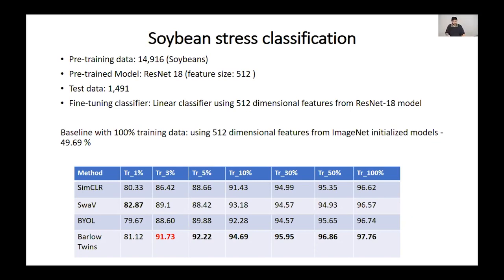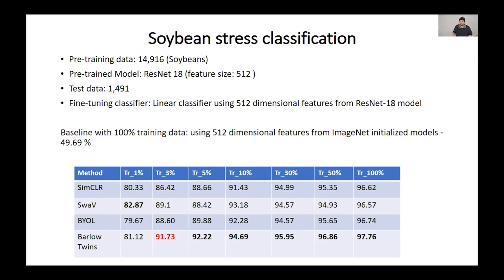So we get this representation from unlabeled data and use it for some downstream task using labeled data. For example, if you use 3% of training data as labels and then fine-tune our representation, we get 91% accuracy using Barlow twins, which means 3% of data is approximately 450 images. So just 450 images we are labeling out of 16,000 images. Labeling just 450 images out of 16,000 can give 91% accuracy for a deep learning model, which is a big thing,